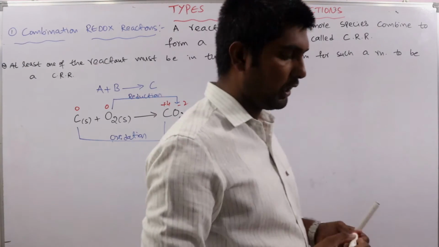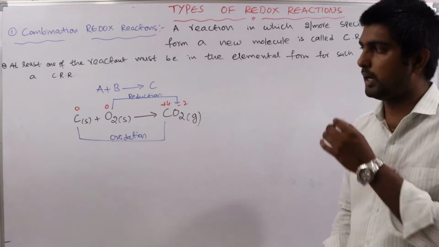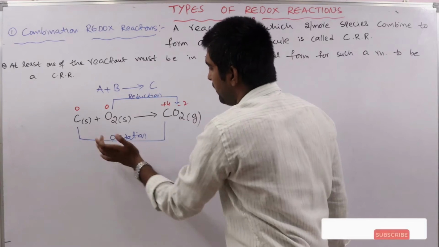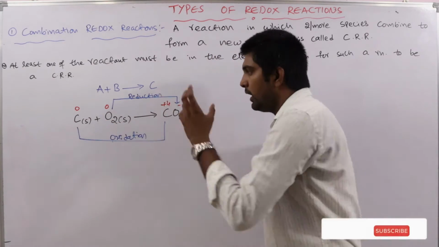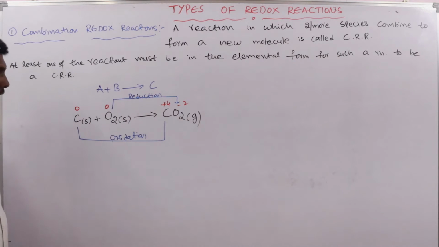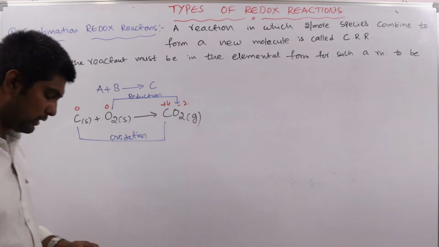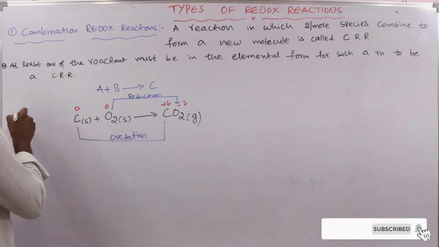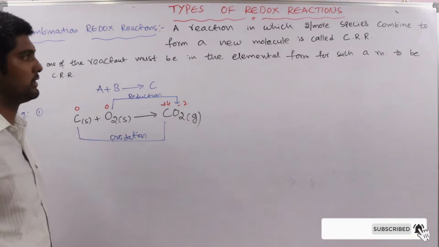So what is a redox reaction? The reaction which involves both oxidation and reduction is simply called a redox reaction. The definition we already discussed. So here one is undergoing oxidation, another one is undergoing reduction. So it is a redox reaction. And see here, both the reactants are in the elemental form. So this is one reaction. Let us take another example here. Suppose this is the general example number 1. So this is the general equation.